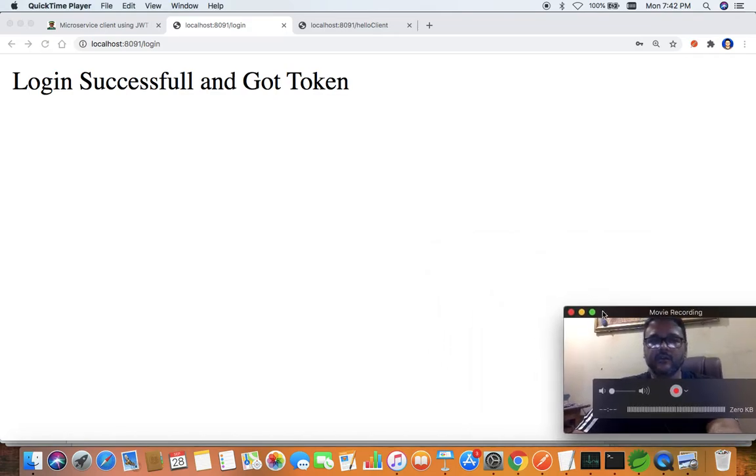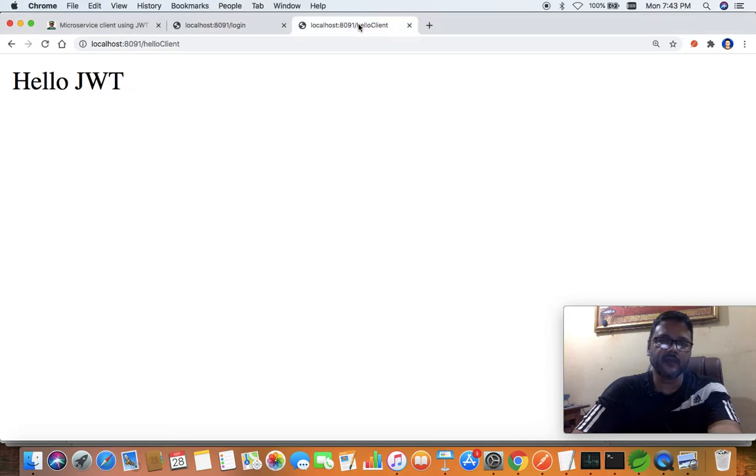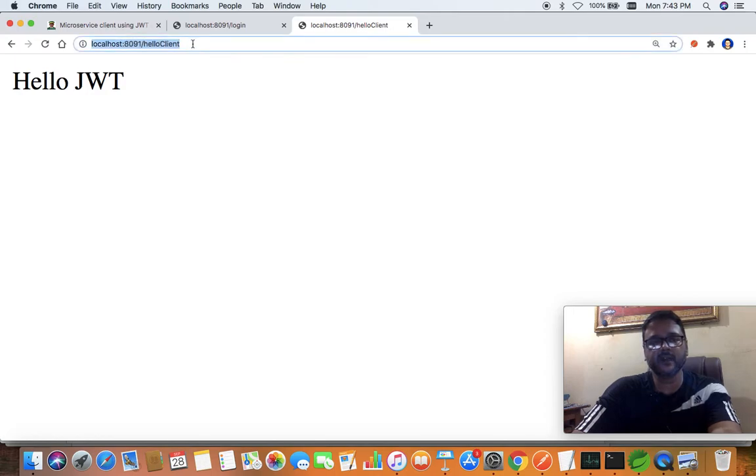the login URL or login controller. Once this login is successful, then here I can provide a hyperlink, or I am directly accessing the second URL of the controller, hello client. When I am accessing this hello client, since we already have this JWT, we are able to find this hello JWT as the output, or else we will be finding please login.